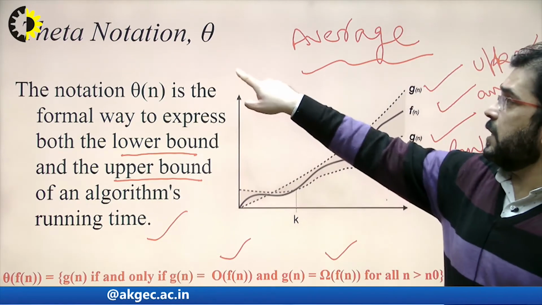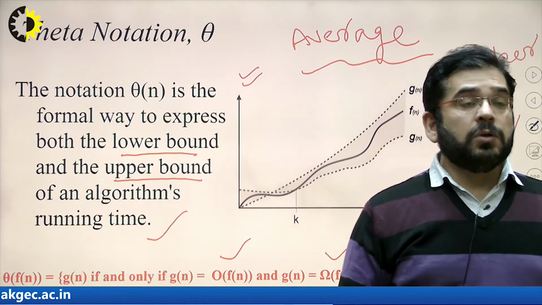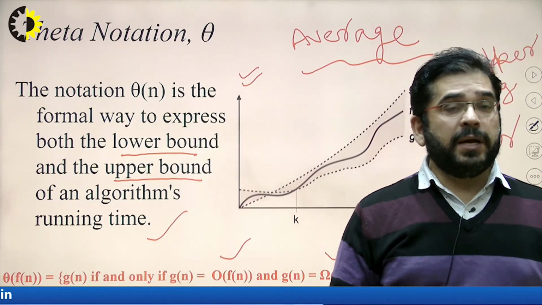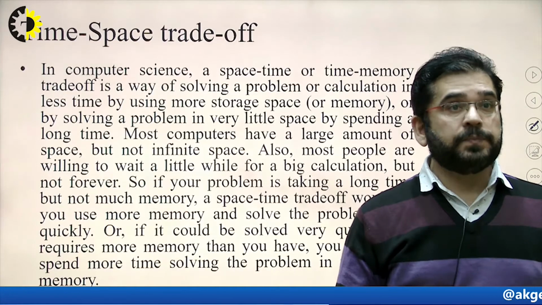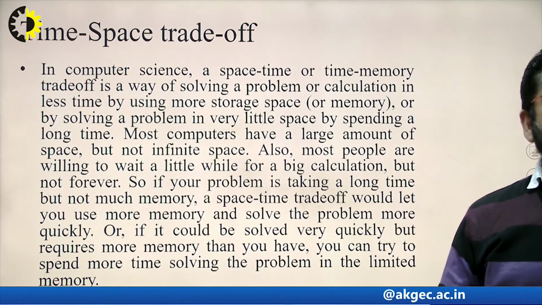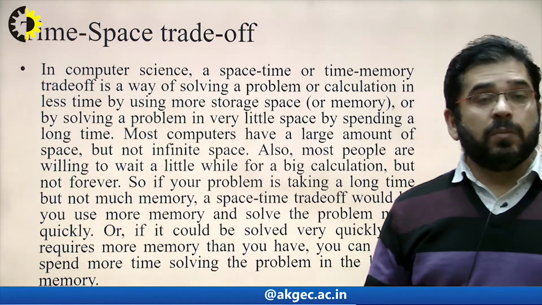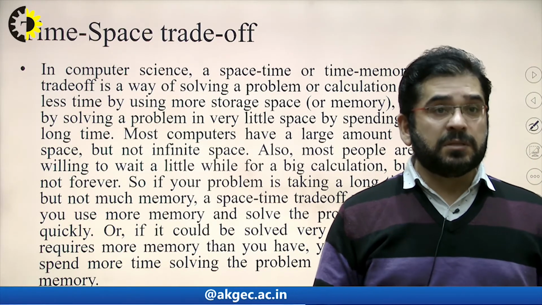So this graph tells us about the amount of time predicted by the algorithm to run the program and its time and space complexities. So now related with this one more part which is called time space trade-off. It is used to adjust the time or space complexity as per the system's requirement.